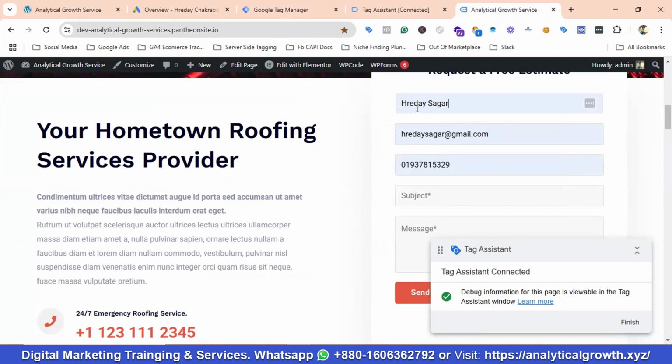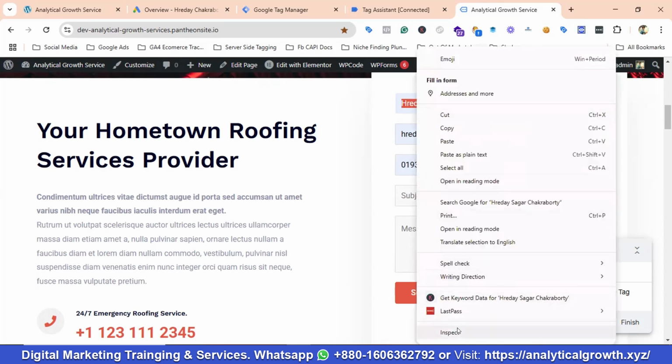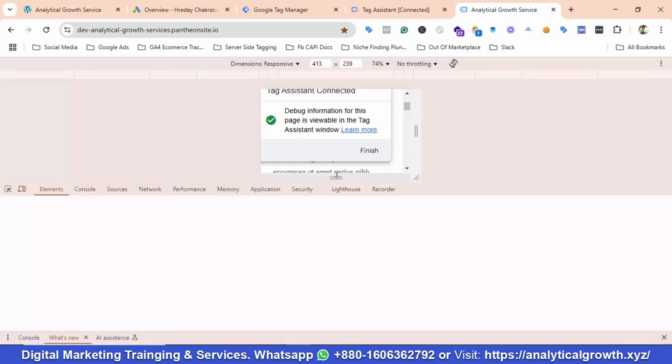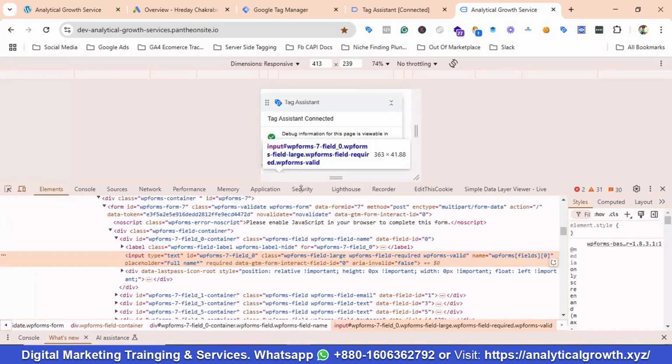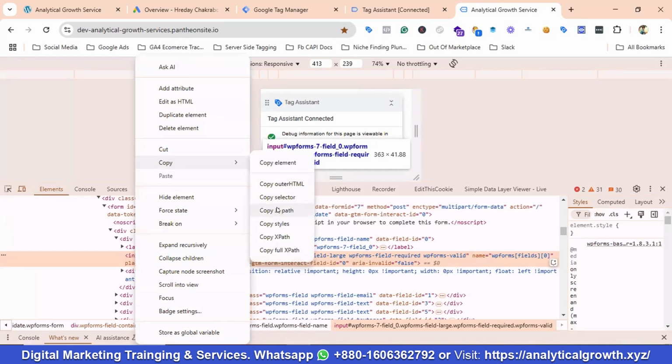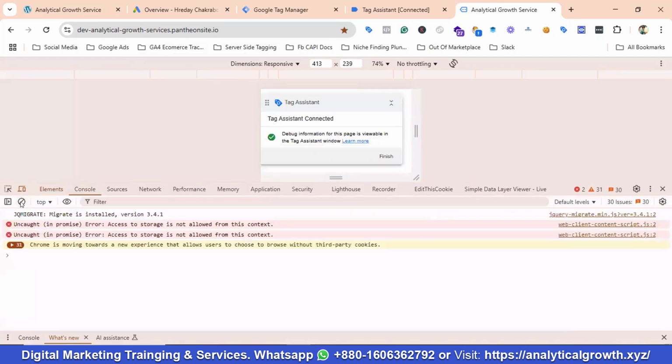So this is the first name, last name, email, and phone number. So we're going to be passing these four values: first name, last name, email, and phone number. Let's take the first name and last name first, then we're going to collect email and phone number. Okay, so I'm going to select this one and go to inspect. I'm going to copy this selected section, copy JS path. I'll go to the console,